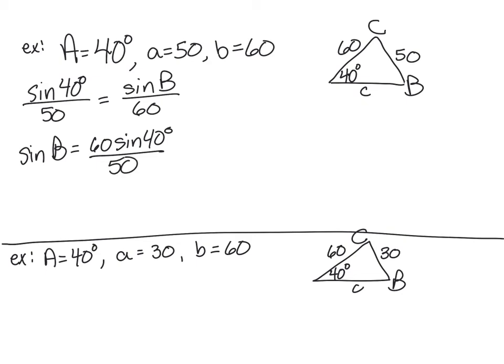I just multiplied both sides by 60. Now when I stick this in my calculator, 60 times the sine of 40, divided by 50, I get 0.7714,